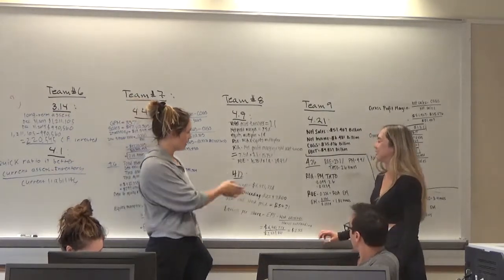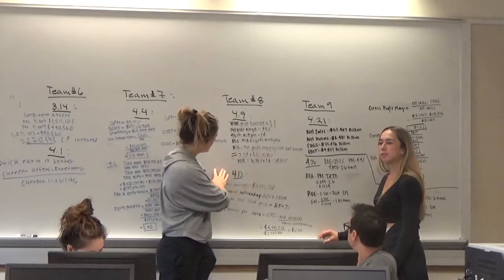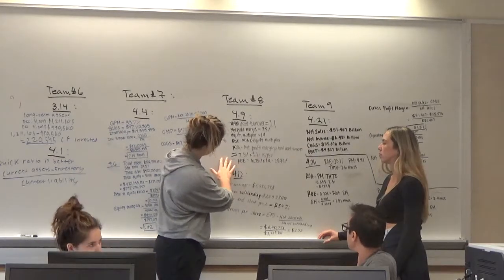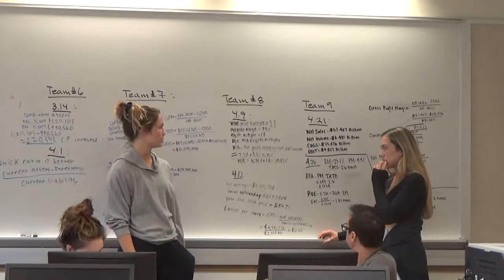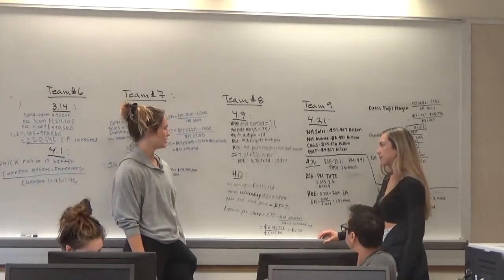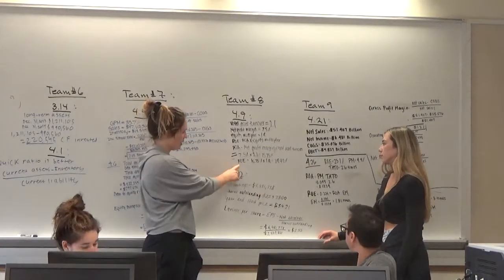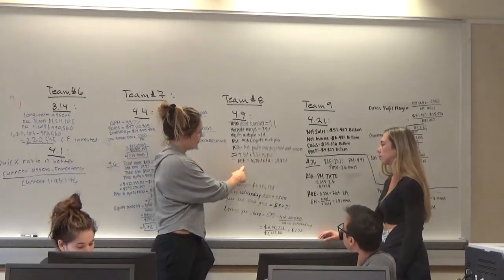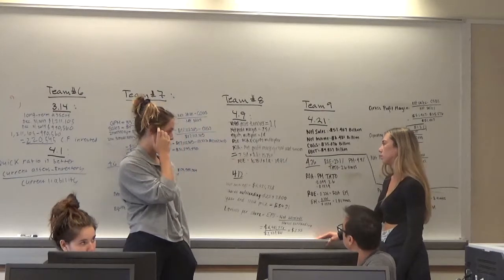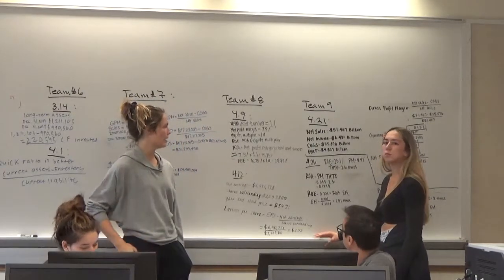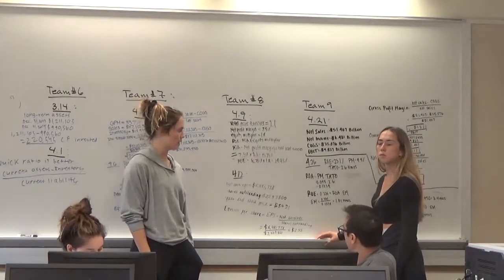So we're calculating the ROA first, which is 7.5% times 2.1, which equals 15.75. So that's the ROA, and then now we're going to calculate the ROE, which is the number you just got, 15.75%, and then you multiply it by 1.9, and you get an ROE of